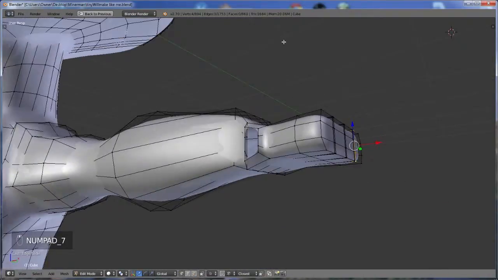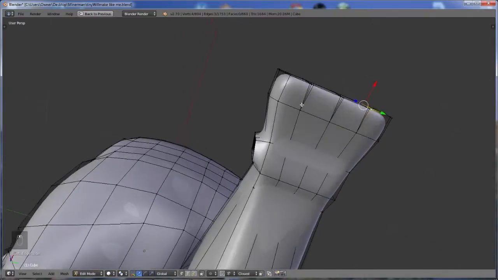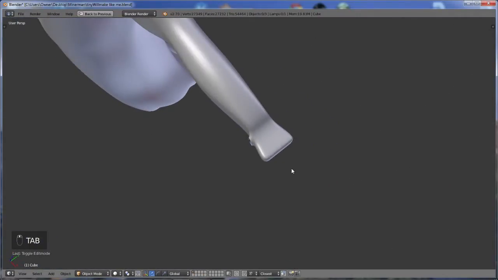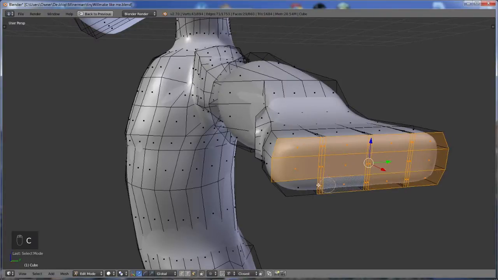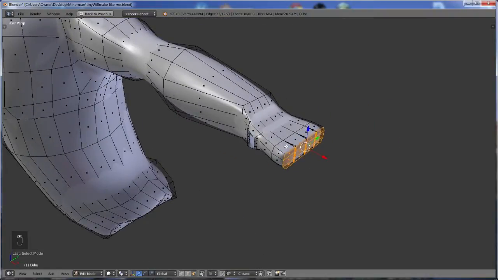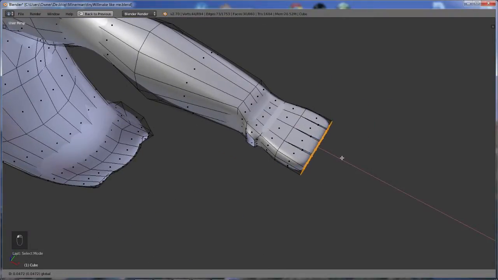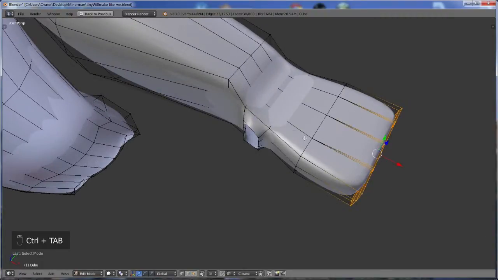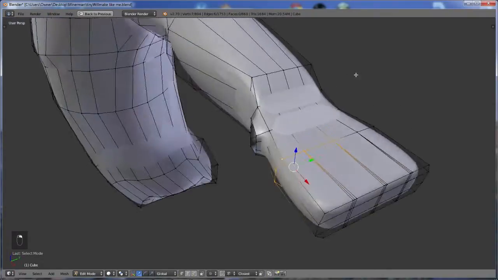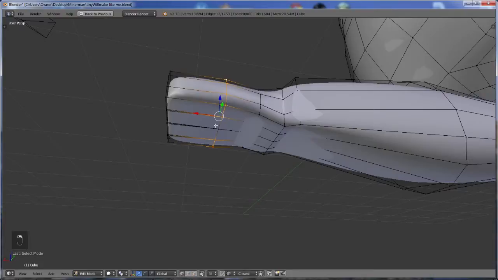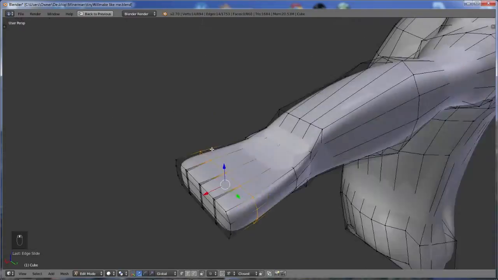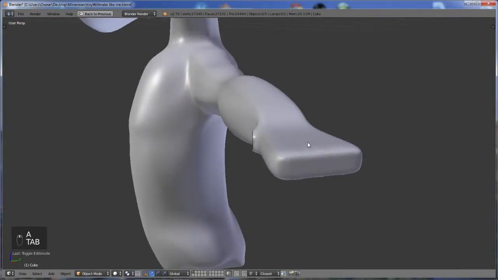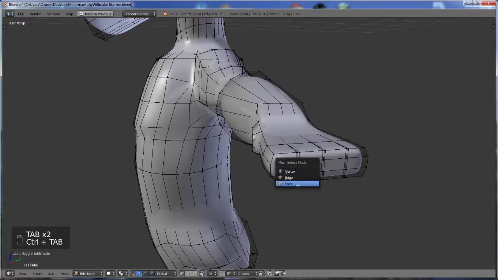So let's just look at our hand for right now. What I want to do at this point is I want to come in here and I want to grab these faces, hit C, so I can scroll over these vertices. And I want to add some depth and distance and some shape to our hand. I want to make it a little larger. Grab these vertices, hit Control E, edge slide those toward the tip a little bit, the edge of the hand a little bit. So come in here, let's Control Tab,